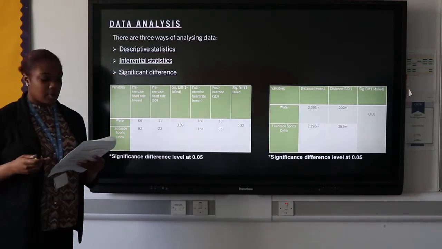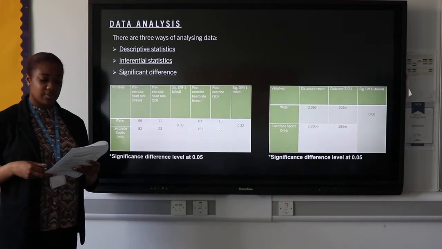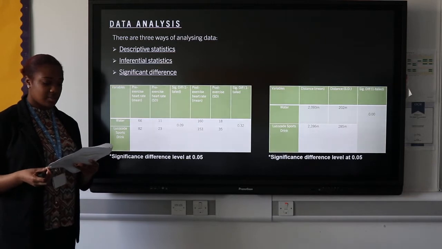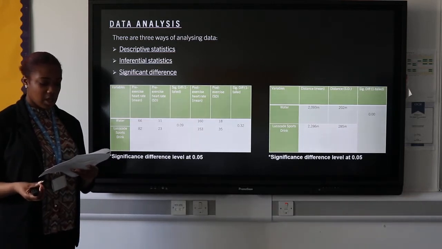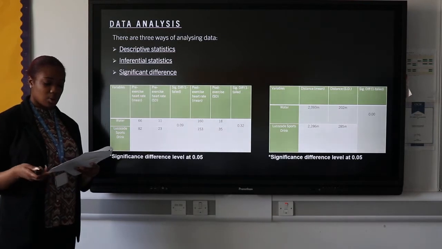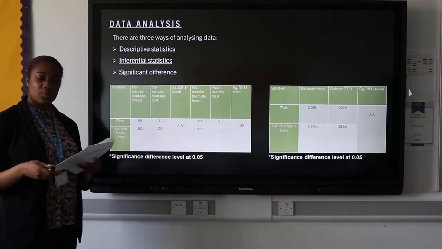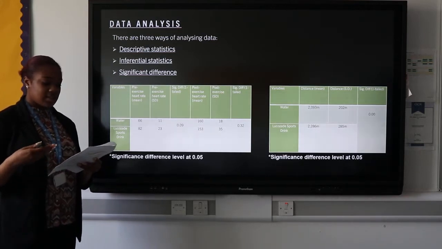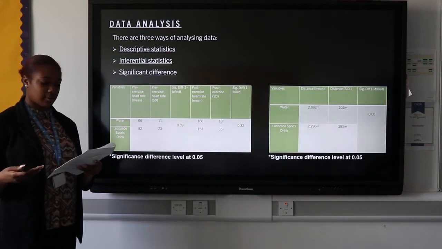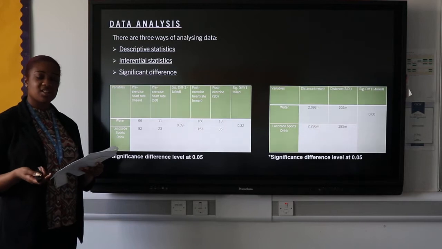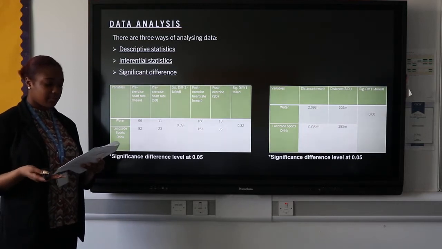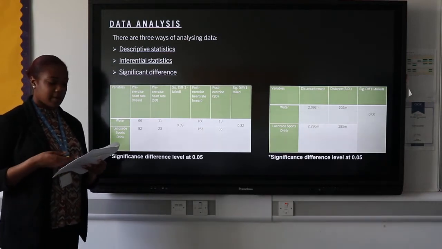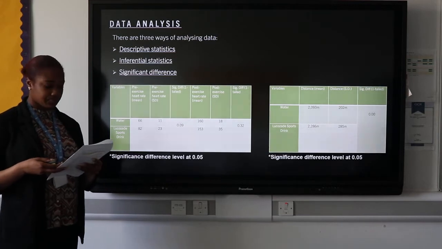Significant difference, performing a t-test for a single study to obtain a single p-value. When there is a measurable difference between 2 groups that you're testing, you perform a t-test, which you'll obtain a single p-value, which is 0.05. If the value that you found is equal or less than 0.05, the result can be considered significantly different. However, if the value attained is greater than 0.05, it can be concluded that results are not significantly different.